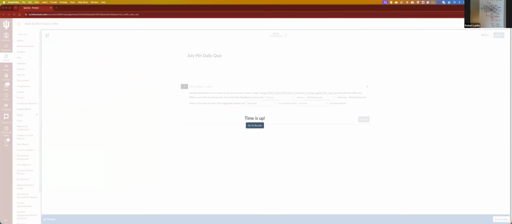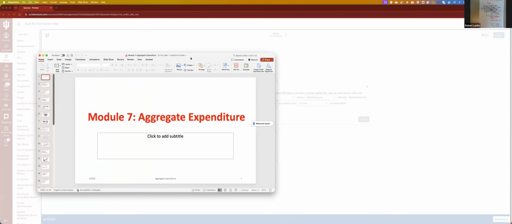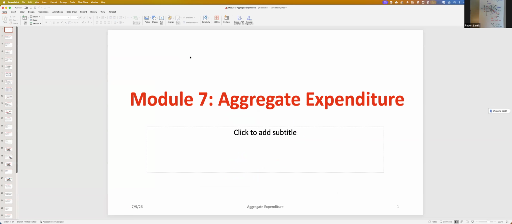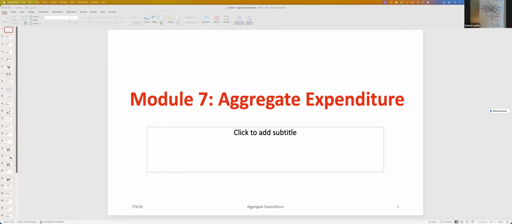Okay. So instead, let's move to, no, I don't want that. There we go. So we'll get out of module 6 and start module 7. And I have this Excel file pulled up, which is for module 7 as well. Okay. So, jumping into the next module,